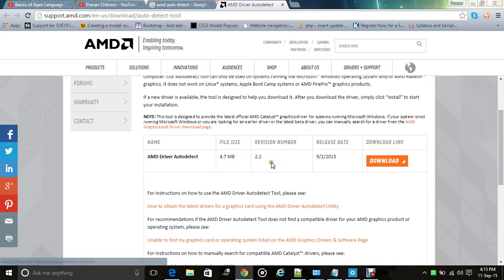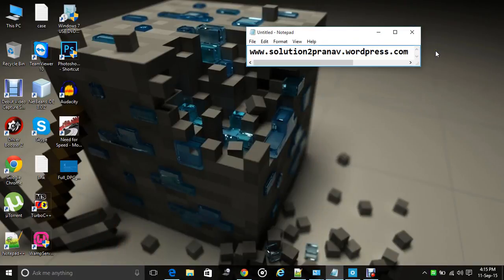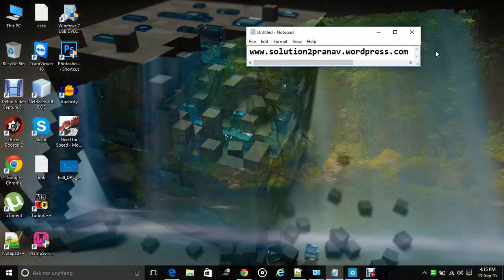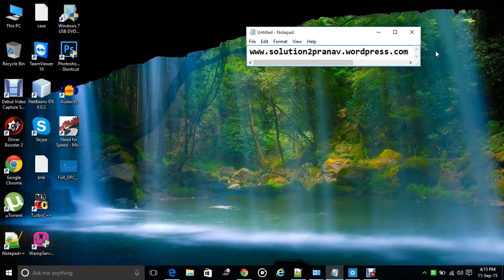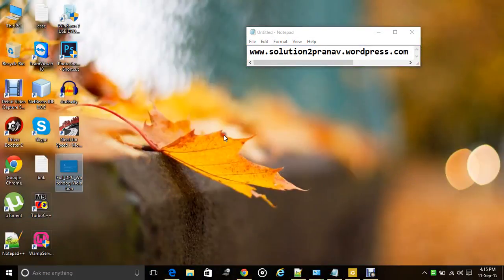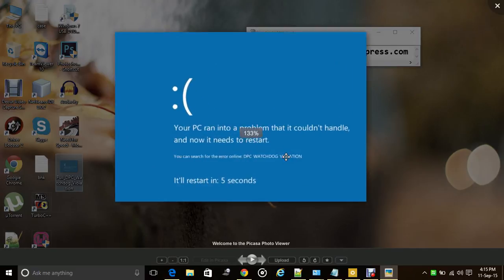Just click on it, install it, and run. It will automatically install the compatible driver for you. It will check your bit, your screen, your DPI, and install the compatible driver. Just do a clean install first of all. Before installing AMD, please uninstall all the AMD features, then install the latest AMD driver, and after that reinstall it completely, and this error will be seen no more.